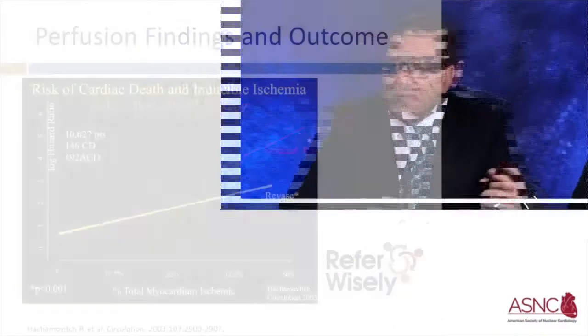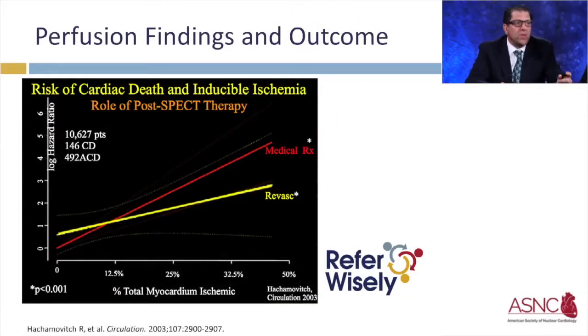Certainly you start out with the stress test. If their functional capacity is poor, they had crushing chest pain with serial EKG changes, you don't even need the perfusion images. You know the patient has problems. But one of the advantages of nuclear stress testing is it's very quantitative. And we have a great study, as you can see in this slide, that shows